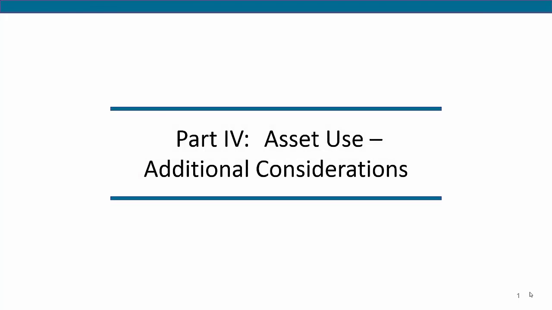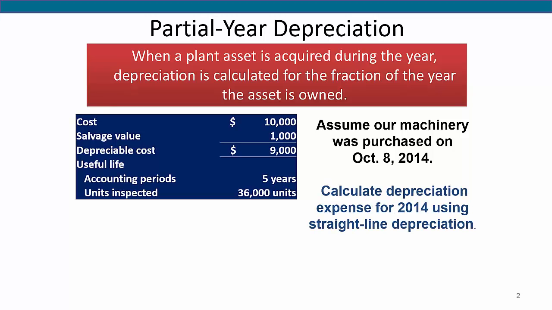In part 4 of our video series, we'll talk about some additional considerations about accounting for plant assets and depreciation. Plant assets are purchased and disposed of at various times. When an asset is purchased or disposed of at a time other than the beginning of the year or the end of an accounting period, depreciation is recorded for just part of a year. This is done so that the year of the purchase or the year of disposal is charged with its share